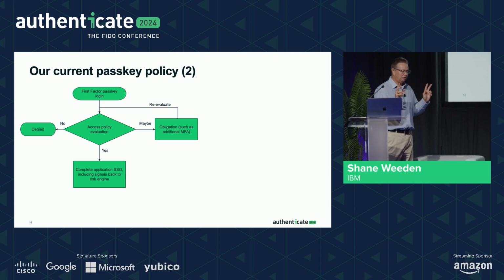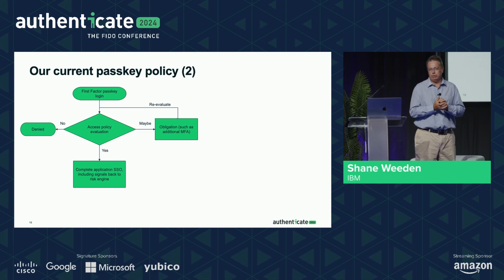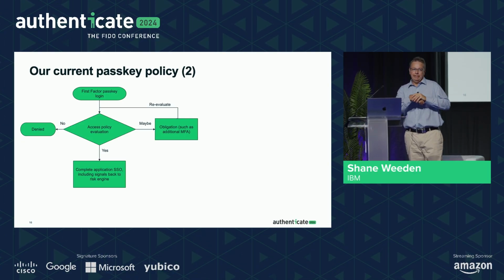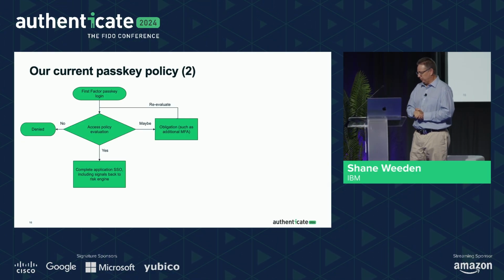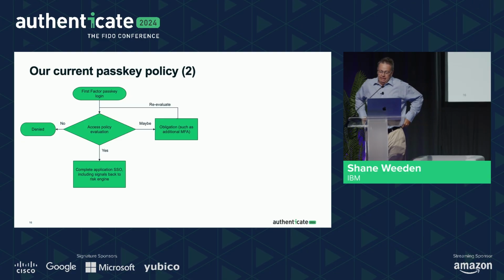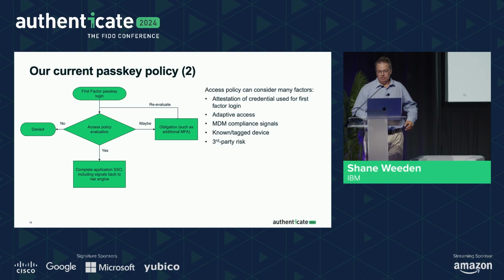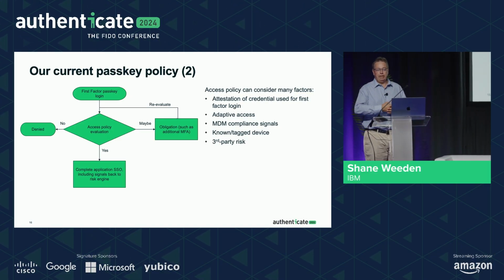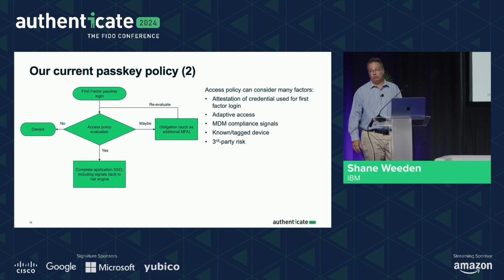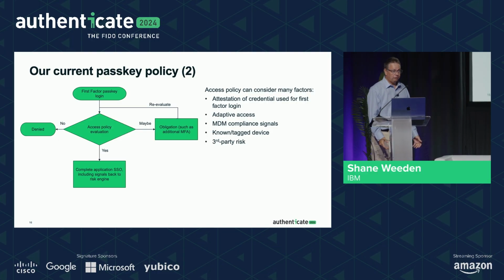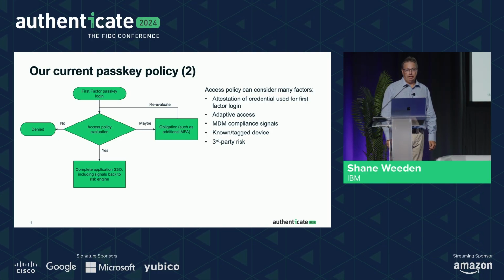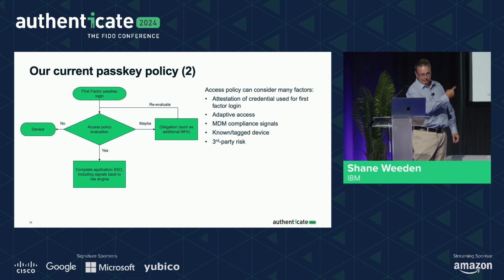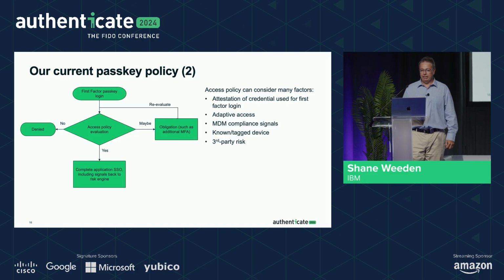This is the straw man of how our authentication sequence works. So you log in with a first factor, passkey perhaps. We do a risk evaluation. We call it an access policy evaluation. And there can be many things that are considered in that. It might be that you're going to an application that has regulatory control, like in a FedRAMP environment. In that case, you've been given a FIPS-certified hardware security key, and you're expected to use it, and if you don't, denied, right? You're out the left door.